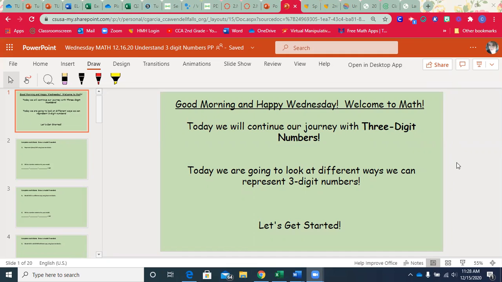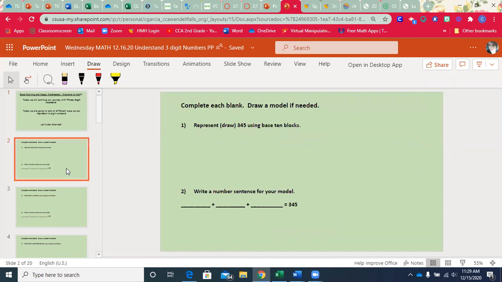Today in math, we are going to continue our journey with three-digit numbers. We're going to do something different today. We're going to look at some ways we can represent three-digit numbers. So let's get started. Our first question says represent, or draw, same thing, 345 using base 10